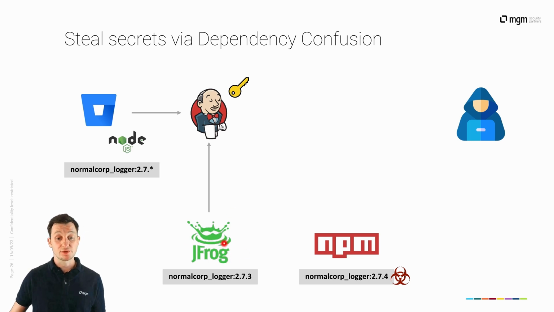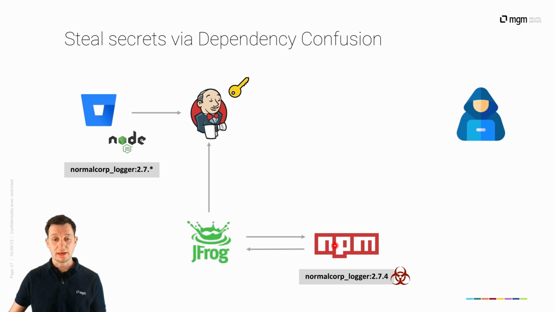JFrog Artifactory says, yes, I have normcorp_logger 2.7.3 locally, but if it is not configured properly, JFrog Artifactory says, yeah, but let me first of all ask the upstream repository whether it has a higher version defined. So it goes to npm and asks npm, hey, do you have a higher version? And npm in this case has a higher version, and JFrog will cache this and deliver it to the